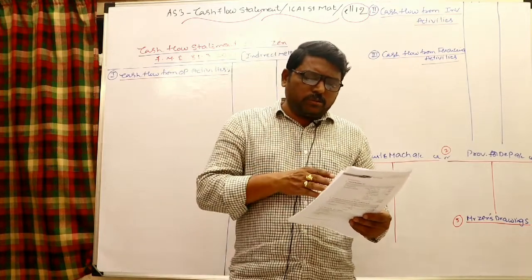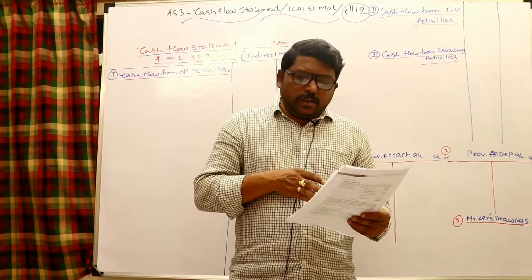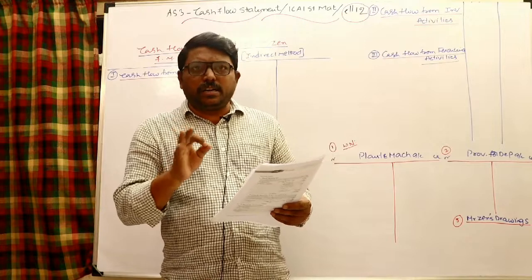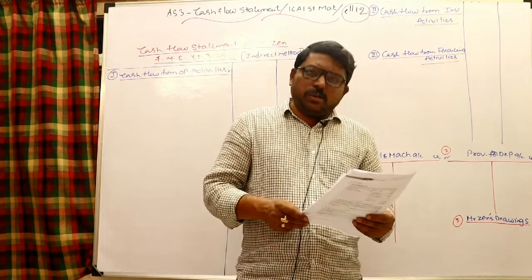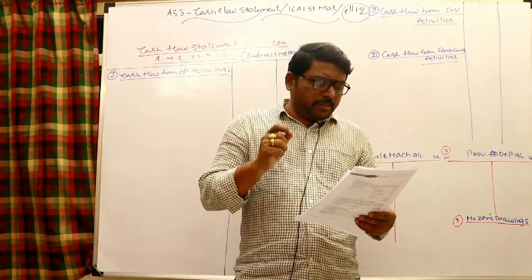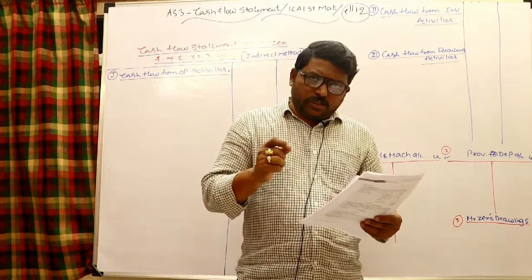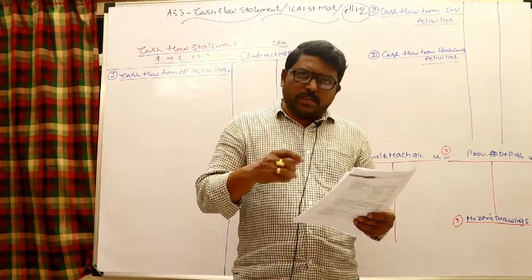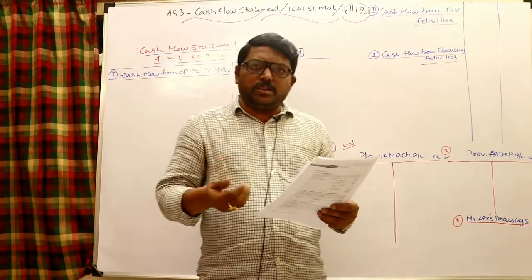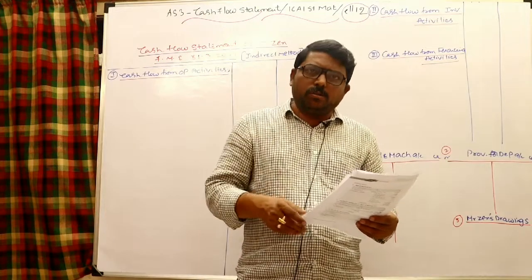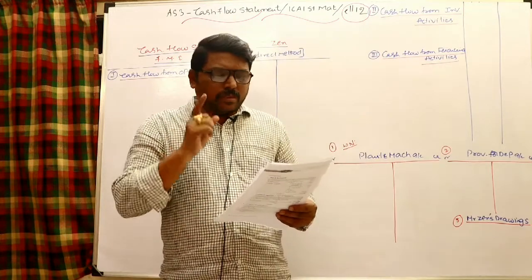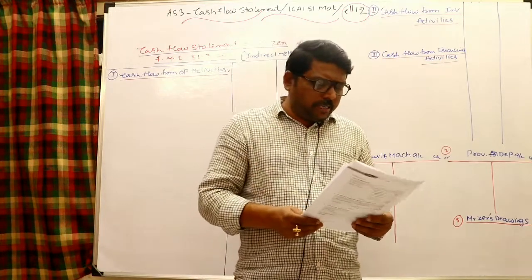Jen's wife's loan: 2 lakh rupees in the beginning, and at the end of the period 0. If no information is provided regarding the loan in the adjustments, we can simply say that the loan is discharged. Actually Jen has taken a loan from his wife, and that loan is discharged by the end of the period, so it is 0. Loan discharge is a payment, and it is a financing activity unless an adjustment is provided.